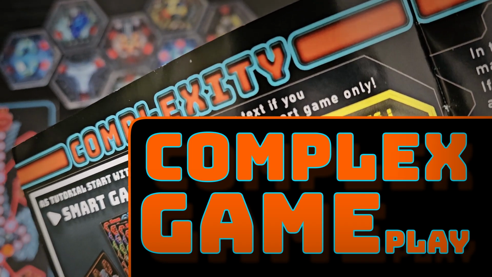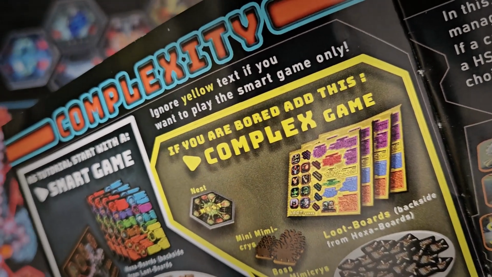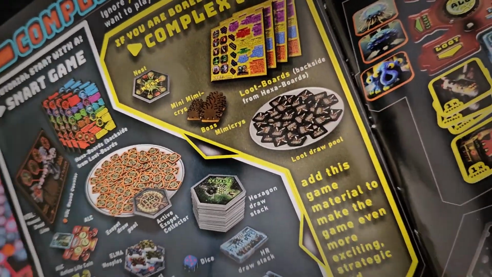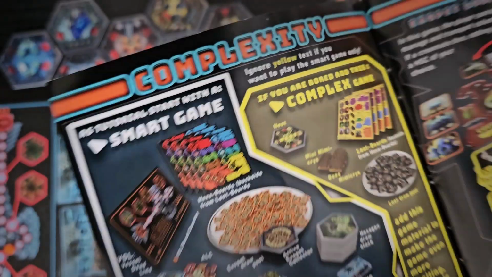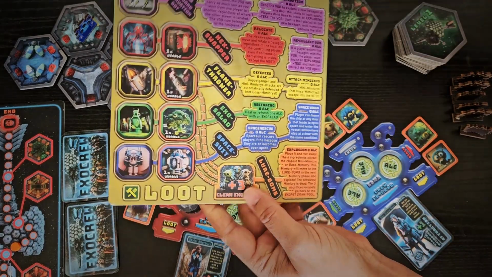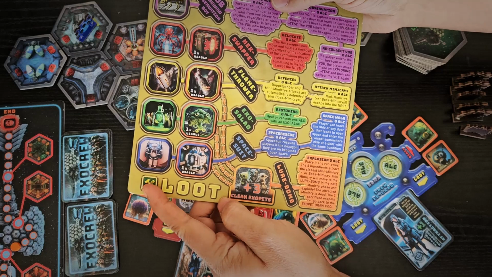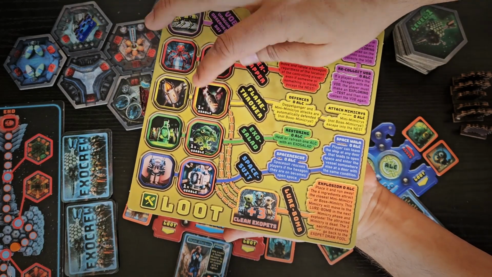Okay, let's play around the complex game of Exopets and Mimicries, and this is what you need to enhance the smart game. This means first you can use now this side of the hexagon board. This is the loot board, and here you find all material, machines,